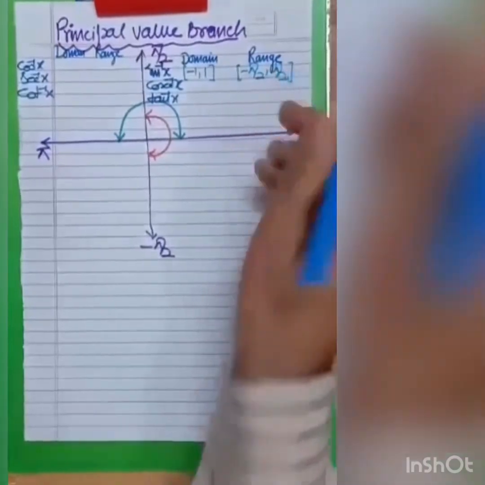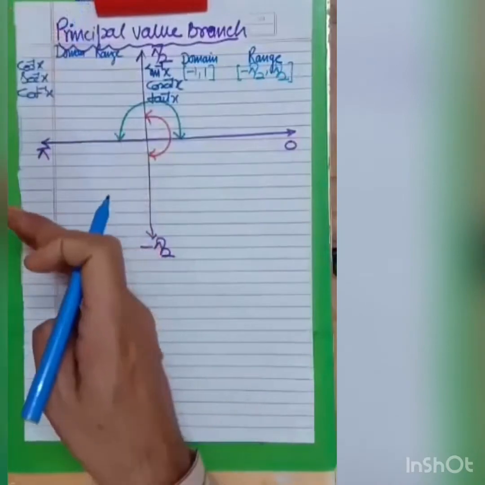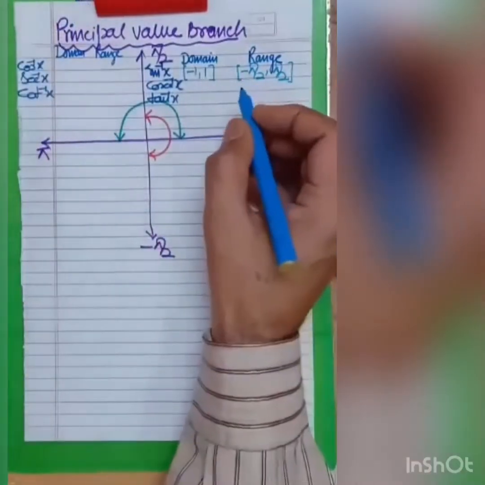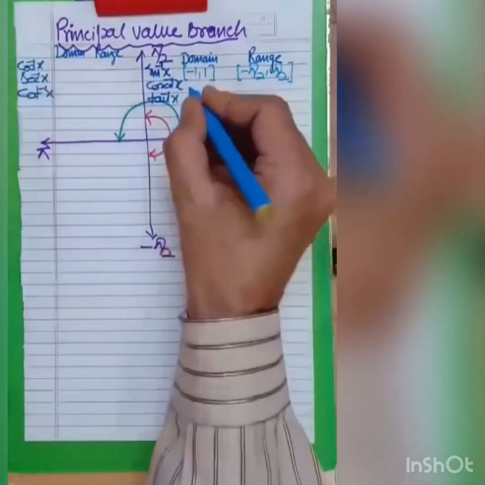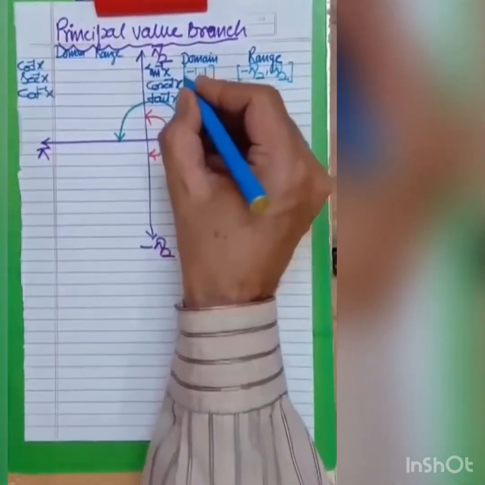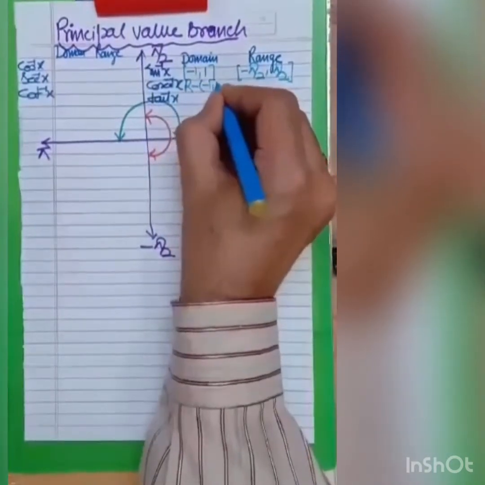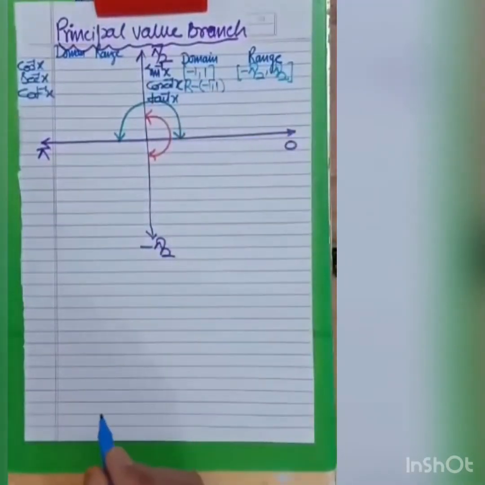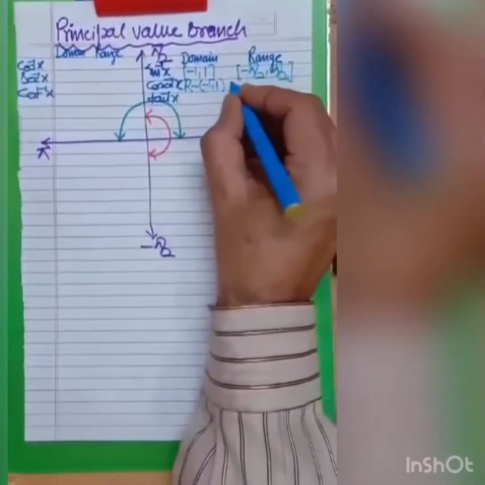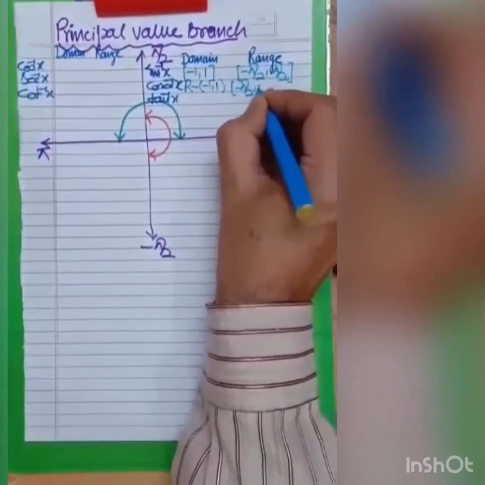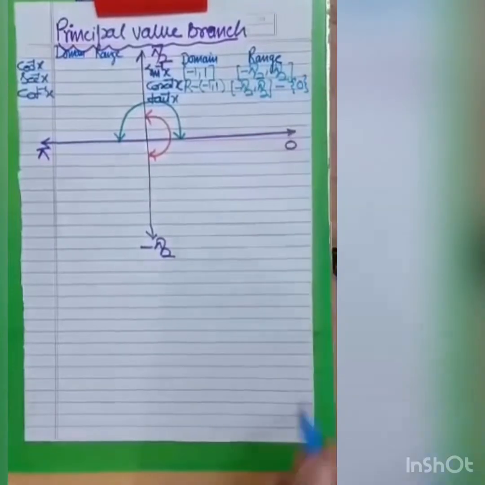It is restricted in this quadrant only, because the negative values obtained in the other quadrants we have to leave. Now in the case of cosec, you know cosec is the reciprocal of sine. All the values which are lying in sine are not part of this. It means we have to remove this from the real line, in real minus 1 to 1. Here your range will be minus pi by 2 to plus pi by 2, but the value 0 is to be removed from here.